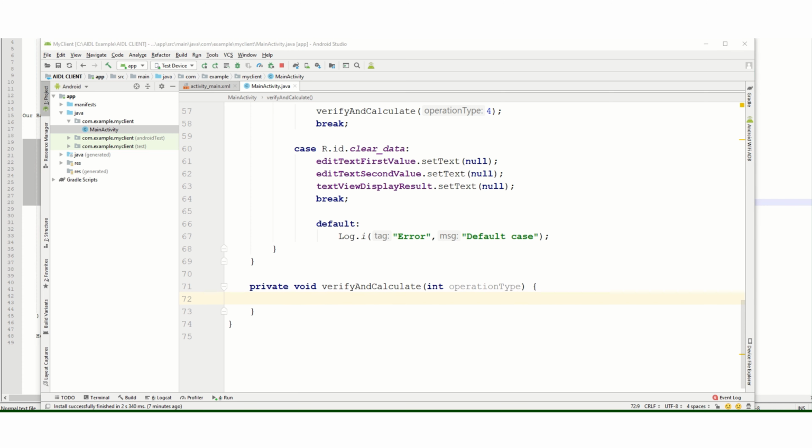Some validation here about like you have to enter both the fields or else calculation won't be performed. We will not be able to perform the calculation if any of the fields is missing. So let's just do some simple validation here.